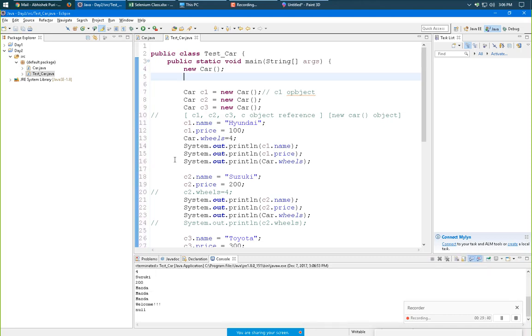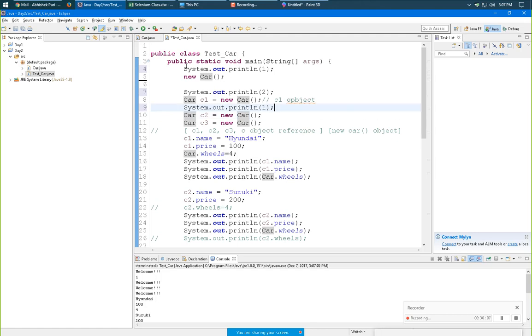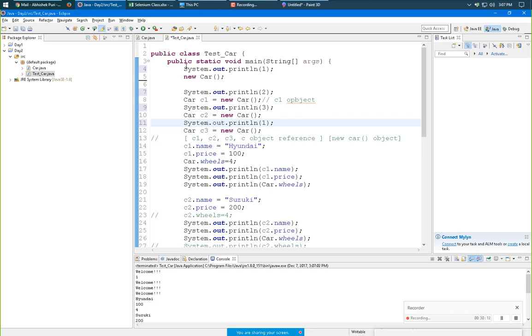So when I run it, see, welcome, this was the first. For your reference, now it prints 1. I'll move it here, and 2, I created a second object here, and 3, and 4.